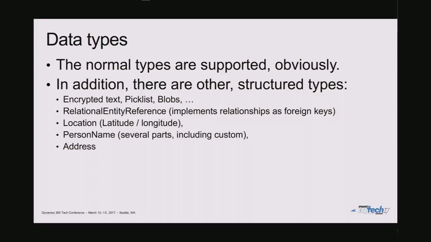That doesn't mean that they are atomic. They are molecular in the sense that you can pick out the individual parts. From a name, you can pick out the given name and the surname and all those things. You can even provide little JSON scripts that can provide extra annotations to each of these, which is pretty cool. So there are other types than you're used to, maybe.